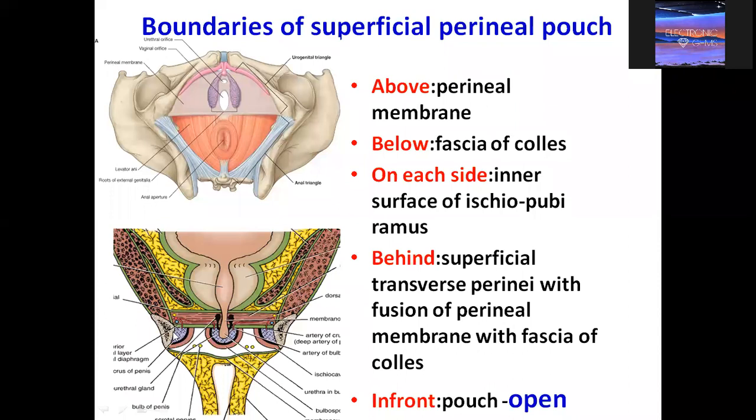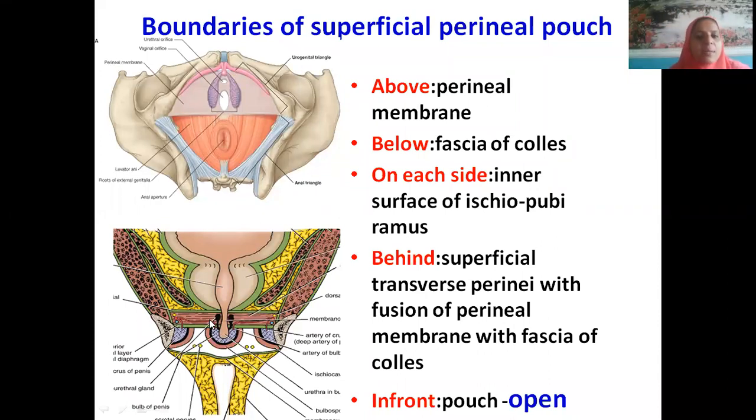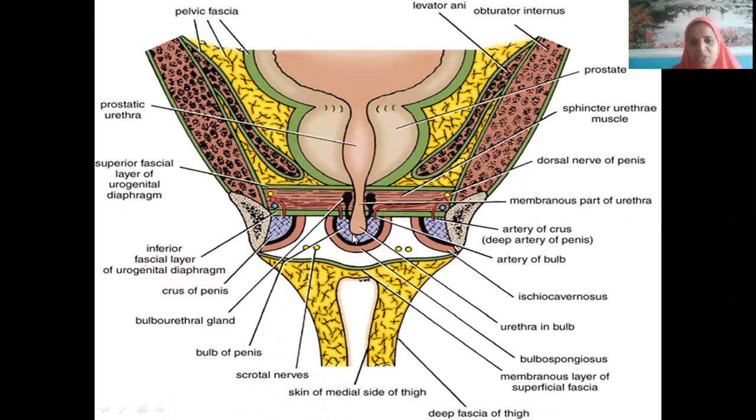Okay. So what is the superior boundary? Perineal membrane. What is the inferior boundary? Colles fascia. These boundaries are clearly seen in coronal plane. The other boundaries are seen from the pelvic outlet view. On either side, each side it is bounded by the ischiopubic ramus. Behind it is bounded by the superficial transversus perineum. Suppose this is the superficial transversus perineal membrane, and Colles fascia will slide down and they fuse. That is in front. So this is the front part of the superficial perineal pouch, which is open. Again, this area is all superficial perineal pouch.